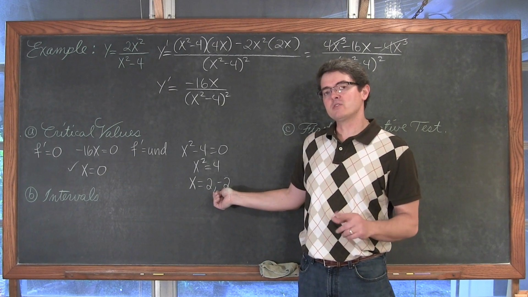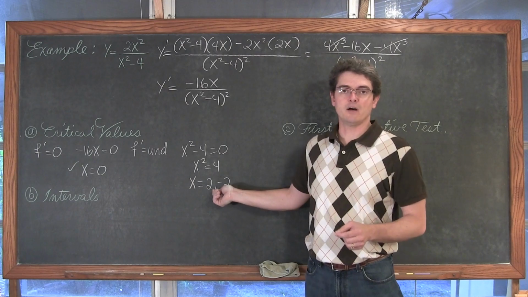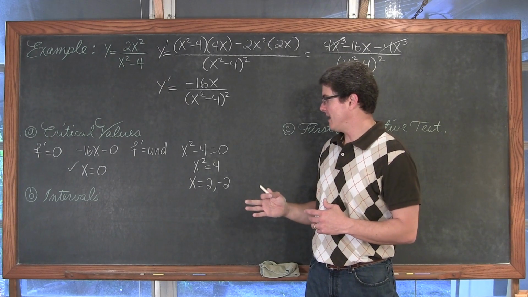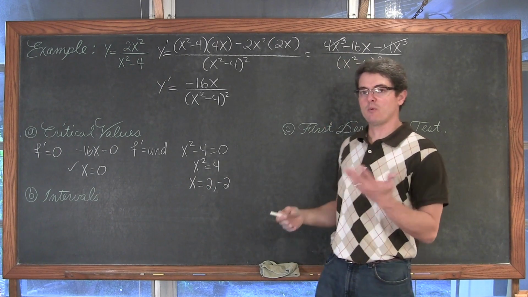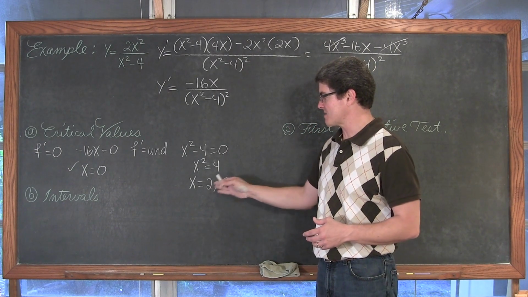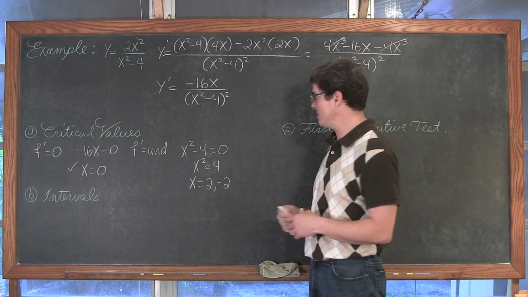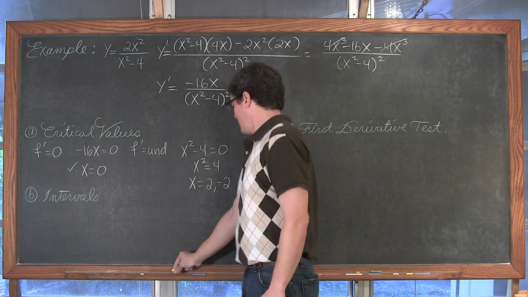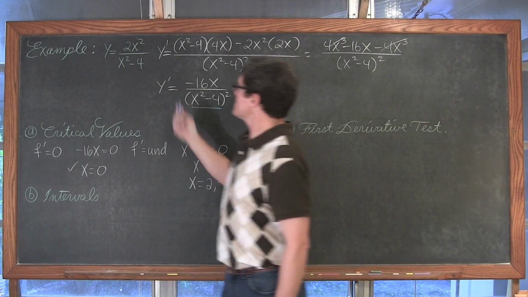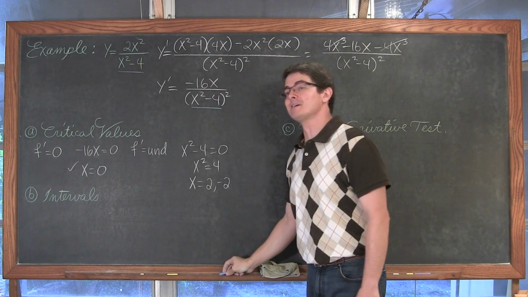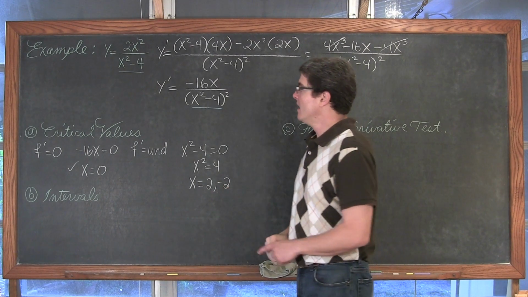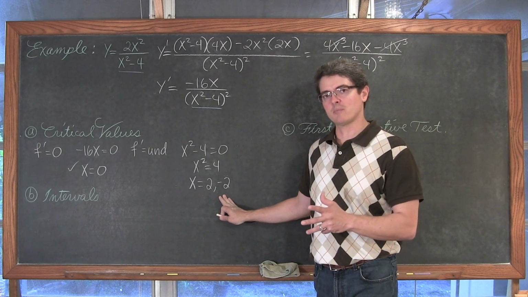If the original function is defined at 2 and negative 2, and it's just the first derivative that's undefined, then we're looking at probably sharp bends here, and we will possibly have some relative maxes or mins at these points. We won't know that until we finish the whole problem, but we're not going to have relative mins and maxes if this is where the original function is discontinuous. And indeed, I hope you didn't think I forgot, this denominator has the polynomial x squared minus 4 just like the original one. So the original function is undefined at 2 and negative 2. So these are actually discontinuities and we're not going to have a relative min or max there. But it's still going to help to set up our test intervals.